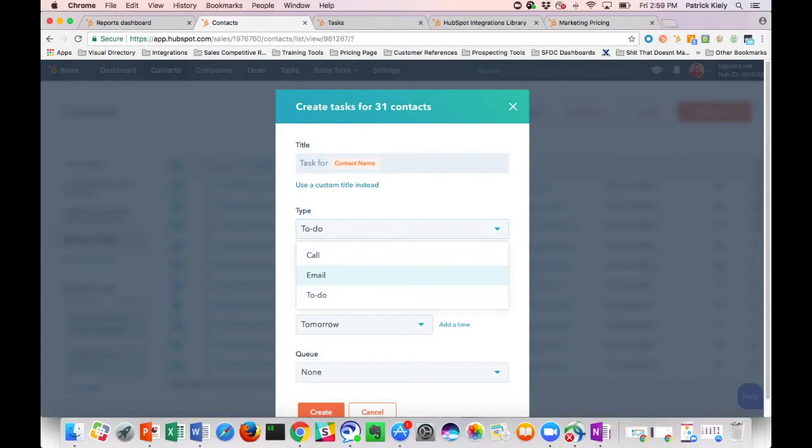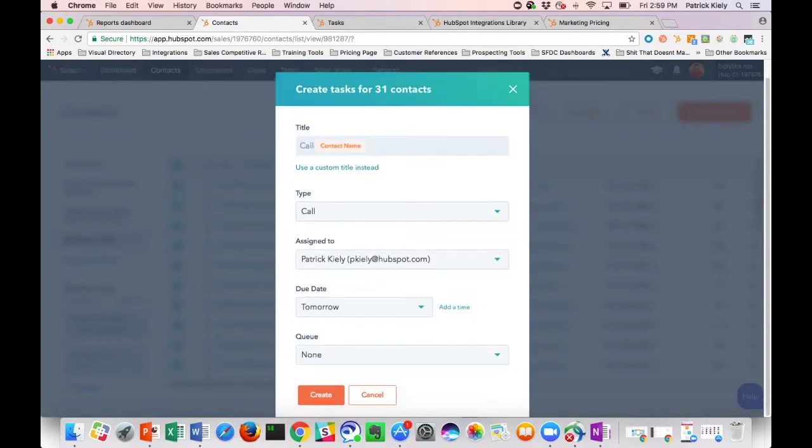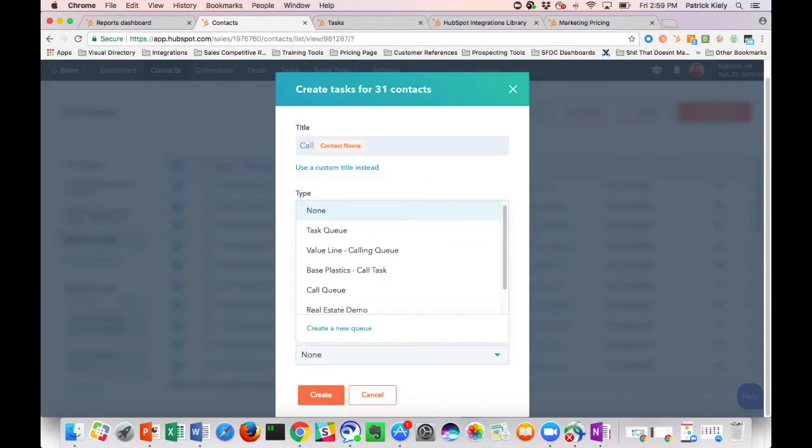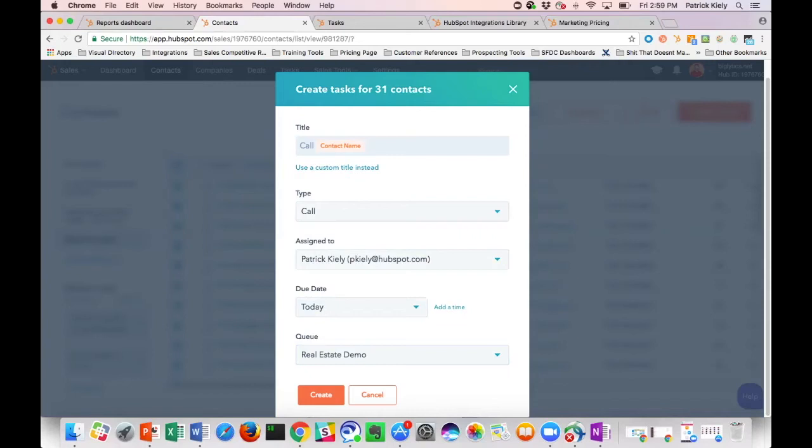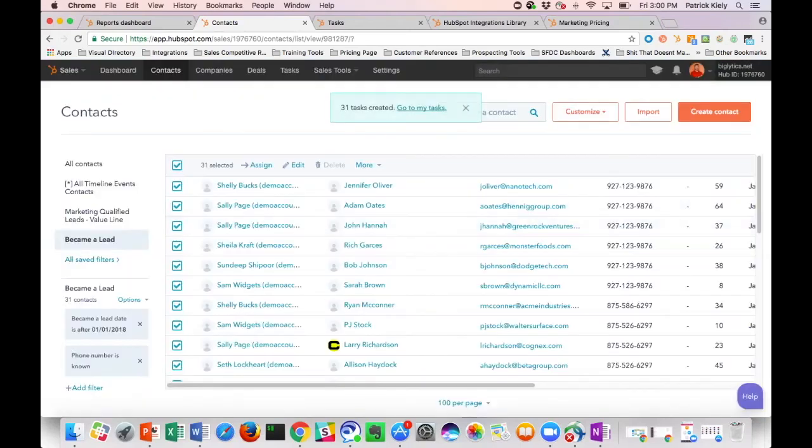The cool thing about this is you can create a calling list or an email list. Let's say we want to do a calling list and we've synced our phone up to HubSpot. Select what day you want it for, select what queue you want it for, and again, you can name any type of queue you want. Follow-up queue, you can segment it by zip code. So if you have a list of people in a specific zip code, you can say, all right, today's task is to follow up with all these people, create it,